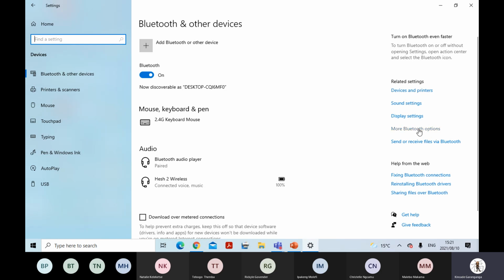So you've got more Bluetooth options, for instance, should you need to enter that particular section to look at better configuration, or more configuration if you're looking at it from a different perspective. You also have a section that enables you to get more content off the net. Should you be struggling to connect your device, you can always find the relevant information within your environment as far as your specific setup is concerned. So we've got Bluetooth currently